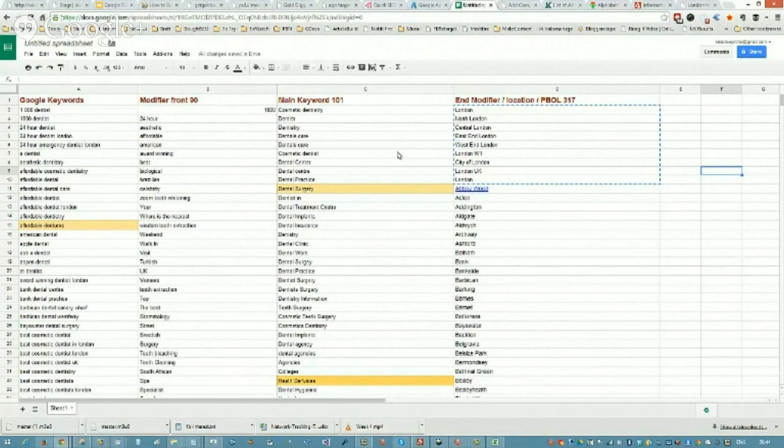So the best way to do this is to break it into sections, okay? And this is where we can focus on quality content, okay? And that way we got less chance of having, you know, removal for spam kind of alerts, and getting accounts closed down. So the easiest way to do this, well, there's several ways you can do this, but the easiest way to do this is take your best, most common modifiers, okay, and take your best, most common